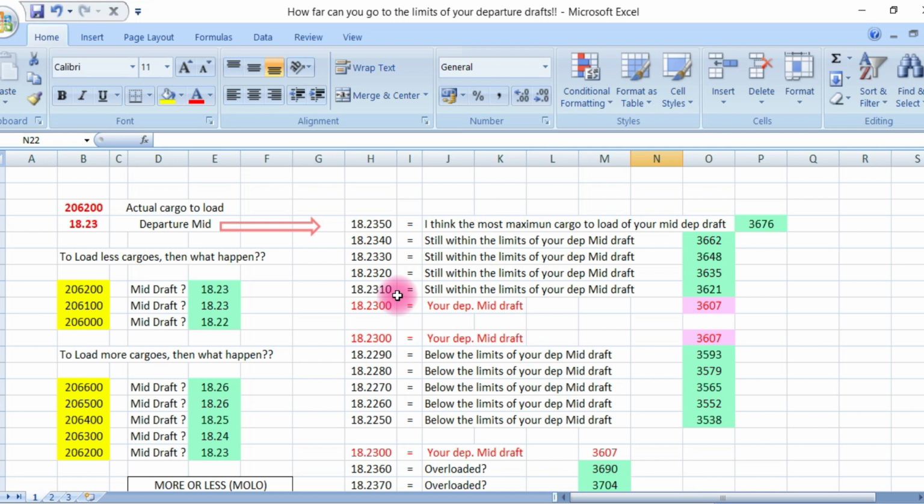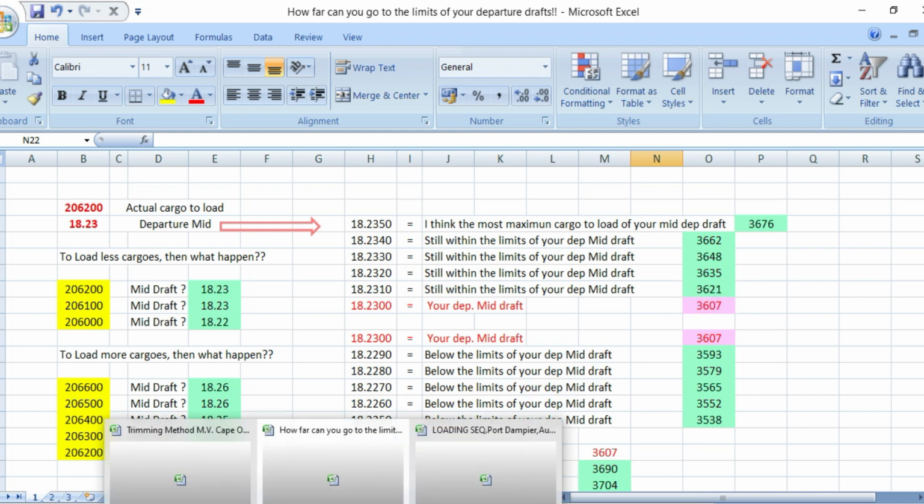0.10 centimeters, going up to 18.2320, 18.2330, up to 18.235. So how much, and the value of each figure I have here written already. So for example, at the departure draft, our remaining cargo is 36.07. What about 18.2310? So we have here 36.21, 3,621. So we try to put this figure in our trimming holds,